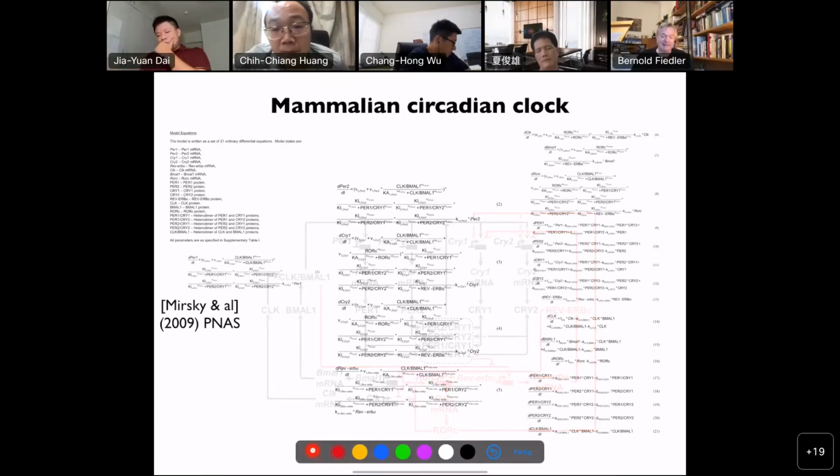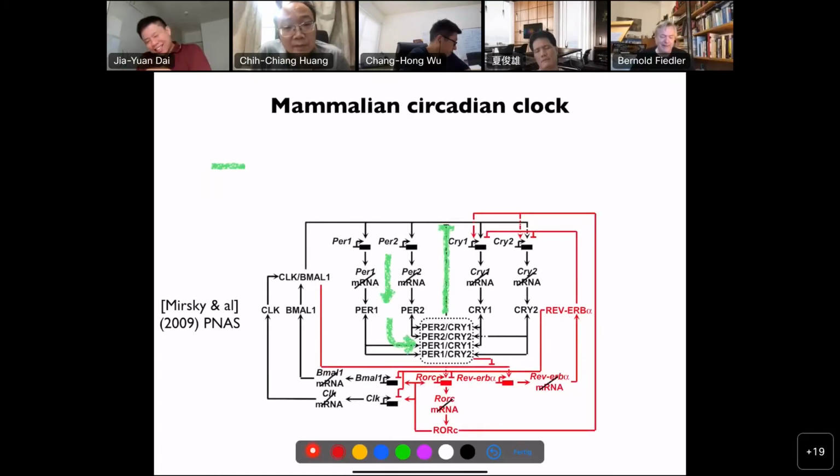And if you write this in terms of differential equations, I want to convince you that you don't want to read that. You just don't want to read that. And there are 100 whatever coefficients which you can choose and so on and so forth. And believe me, most of these are not measured. But studying the possibility for oscillations, not quantitatively what the length of these oscillations is, that is relatively easy.